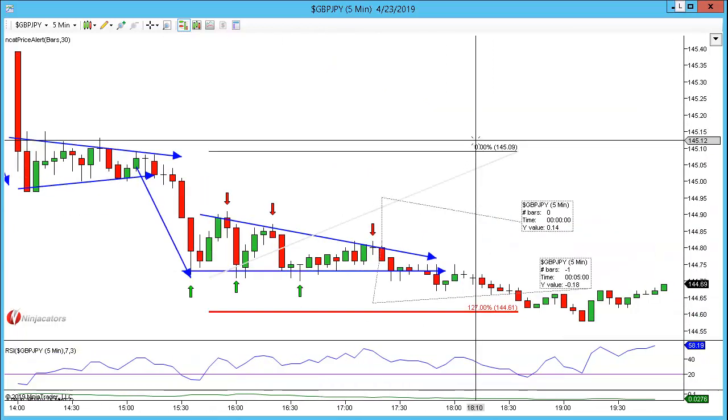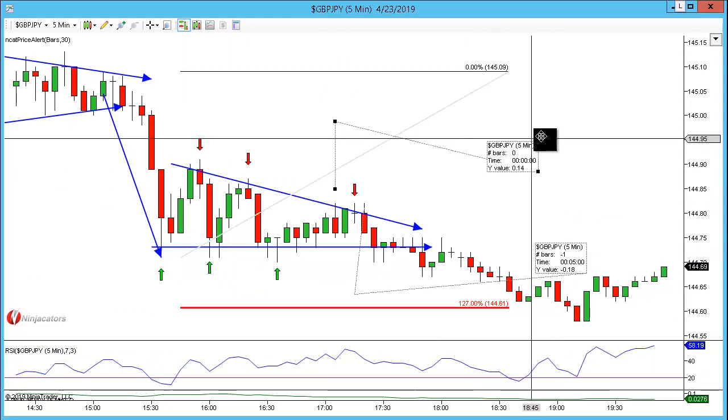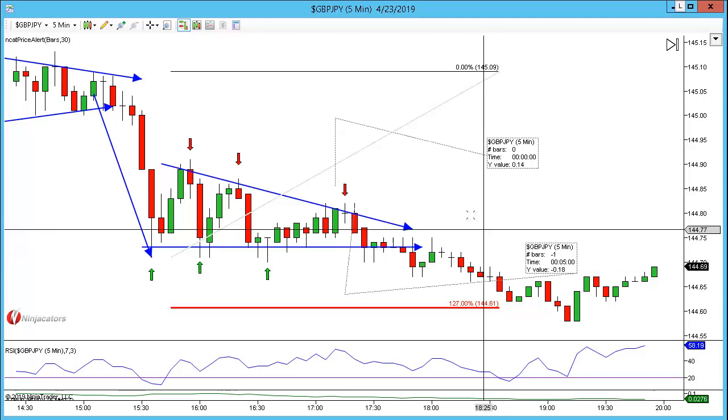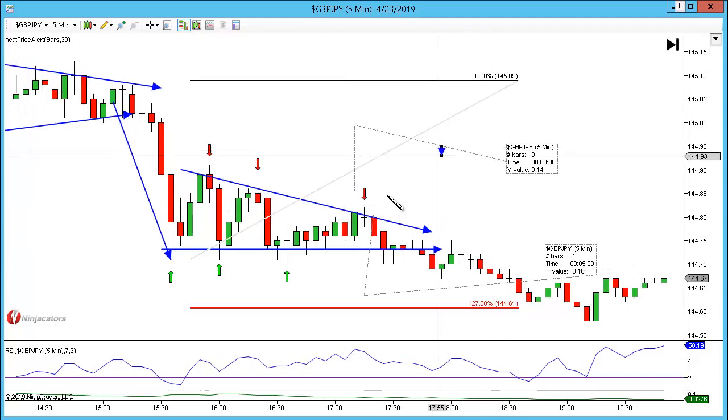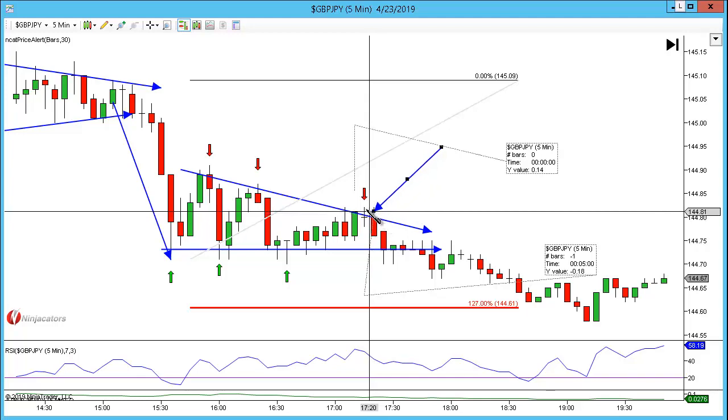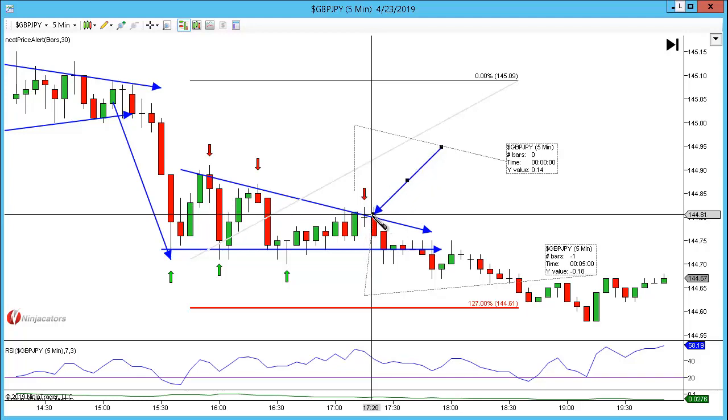And we're back for the final update, and as you can see now, price has rallied down here and hit those targets for 18 pips. So in this instance, being aggressive worked quite well. It gave me a positive reward to risk, although I did wait for the trend line to be tested because